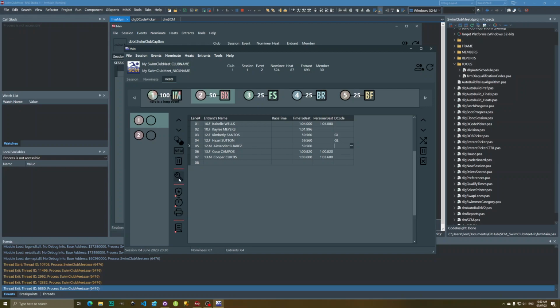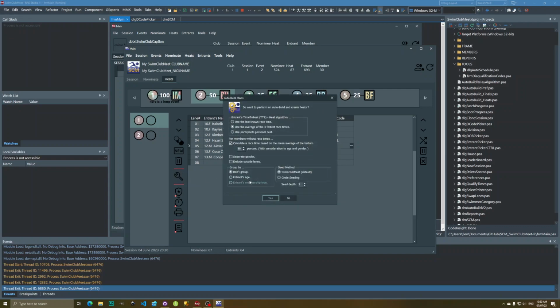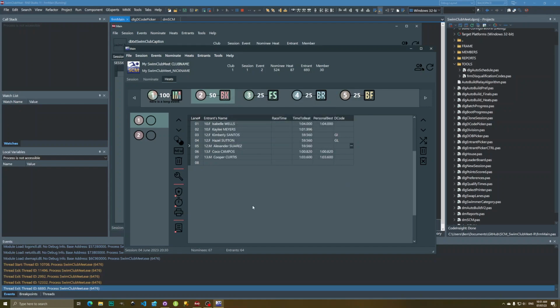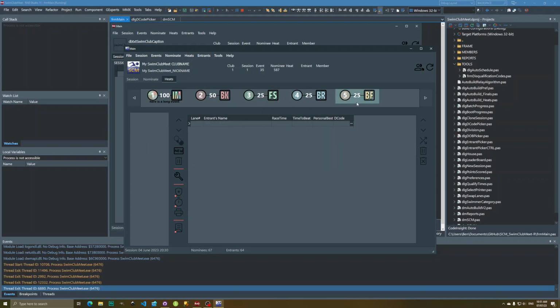So the next job is to tidy up the auto build. Down the bottom here we've got entrance membership type. Well, that table's disappeared, so I've got to fix that up. And then of course the other one is where if you select one of these events and it's a relay, then the interface will change and you can build relays. And so I've just got to do those two things, which are quite a bit of a task, and then